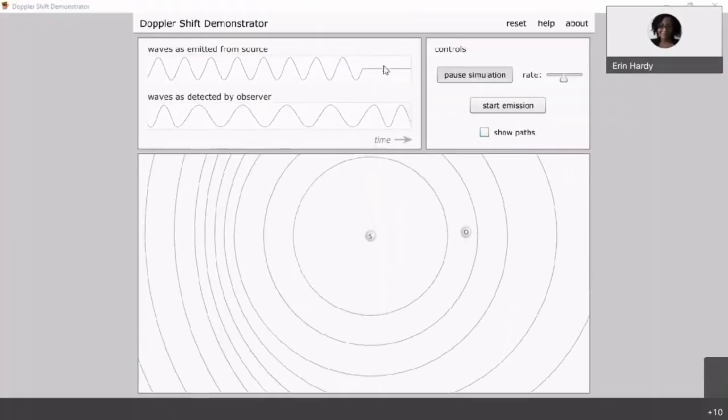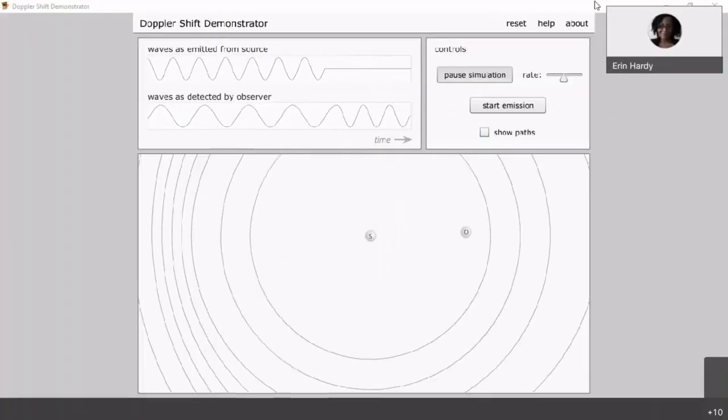So let me stop sharing on that side. And then I'll leave you with this idea, or this concept. We can take what we know about the speed of sound in this medium